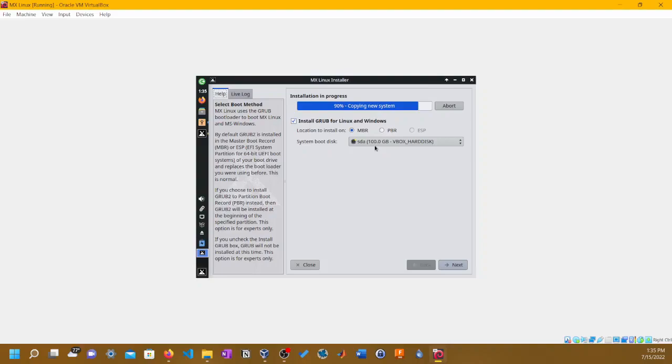Also, one thing I want to mention. VirtualBox, if you see Oracle on it, that's the company that owns VirtualBox, the same company that owns Java. It's really cool that we have Oracle.